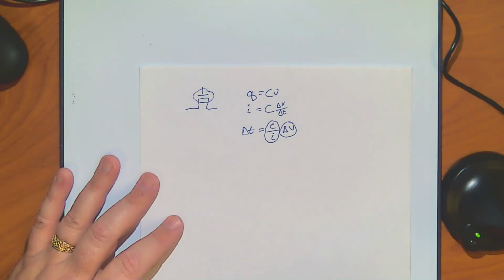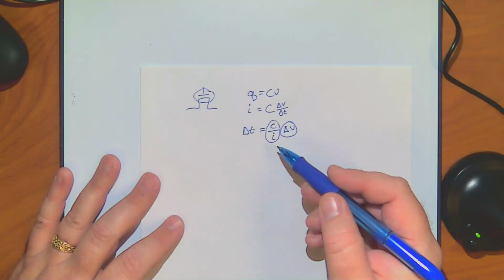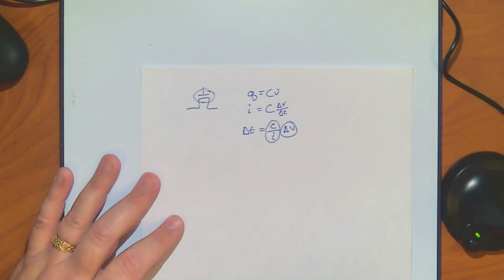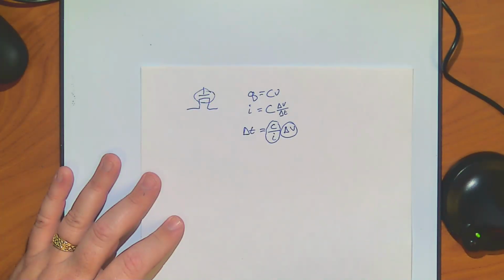C over I is sometimes what we call logical effort. For your particular family, how much actual effort does the circuit have to put into it to do it? So you basically have a capacitance designed for your family. How much current do you have? This is the voltage swing for whatever your system is on, right? 3.3, 5, whatever. If I want this delta T, which is kind of the delay, how long it's going to take me to charge or discharge that capacitor, which is how fast I can turn the switch on or off, I want that delta T to be